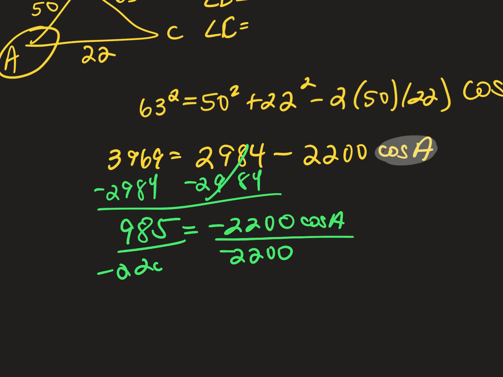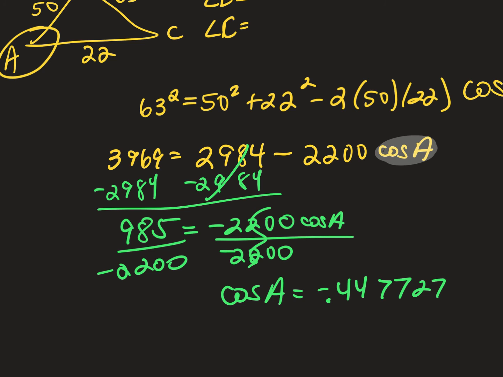Now, somebody last period said, you can't do that. I said, why not? And they said, you get a negative number. That's okay. Guys, don't say you can't do that until your calculator tells you, oh, you can't do that. What's 985 divided by negative 2200? I got negative 0.447727. Now, if your calculator tells you error or something like that, then you can stop and say it does